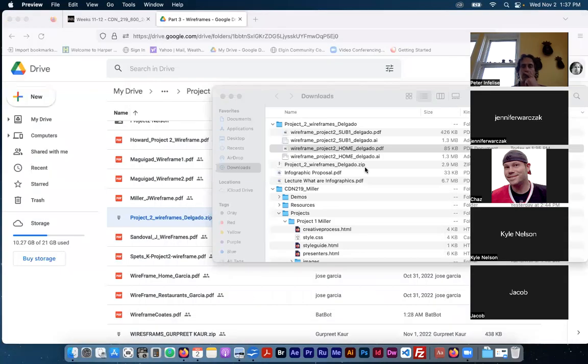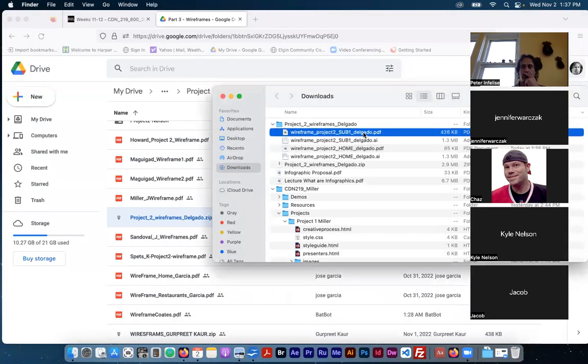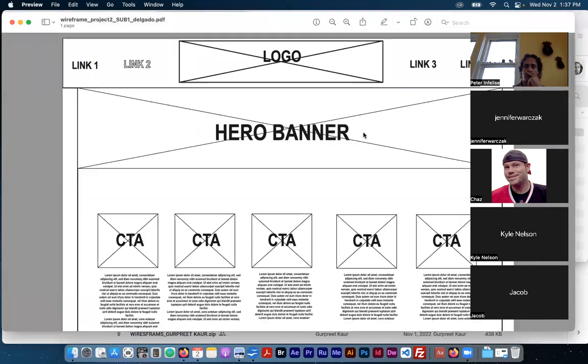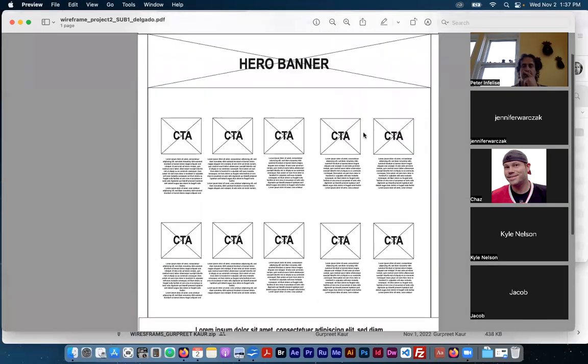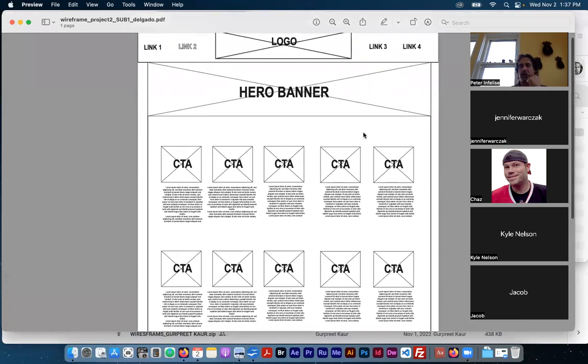Let's take a look here at the subpage. Cool. So again, it depends on what you plan on having here in terms of content. I do feel like 5 columns is probably 2 columns more than you want on a website. 2 to 3 columns really is the max on a website. It's different than print medium. In print medium, you can get away with 5, no problem. But again, with varying sizes of screens,